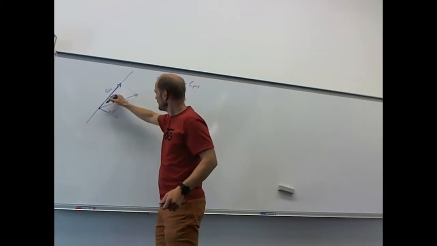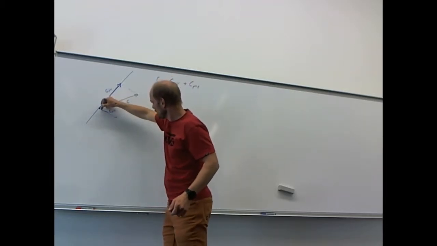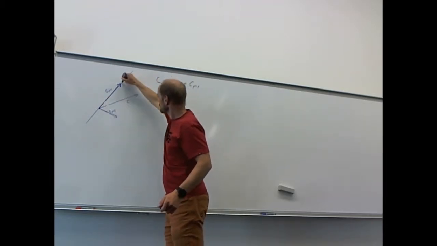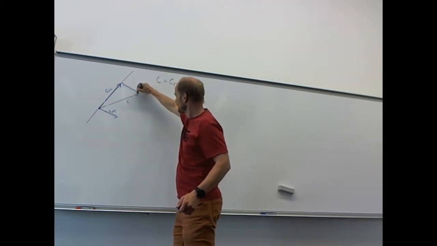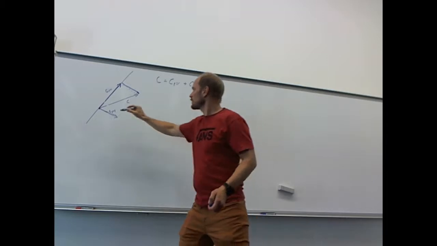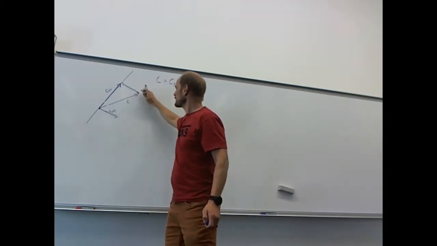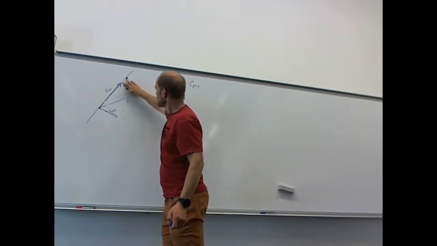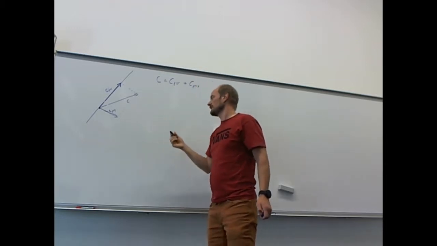If I add this vector, because C perpendicular is here now, but I can just as well draw it at this location since a vector doesn't have a location anyway. So this vector plus this vector equals this one. So I'm basically splitting this up in two. A simpler way